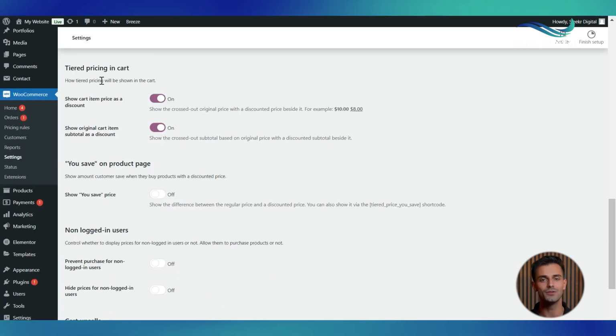The tiered pricing and cart section manages how discounts appear in the cart. Show cart item price as a discount. Enable this to show the discounted prices next to the original prices. Show original cart item subtotal as a discount. This will display the original subtotal crossed out,